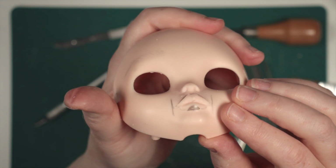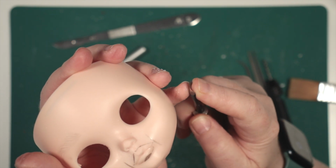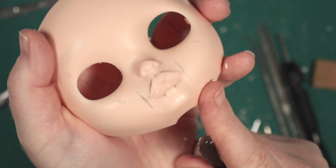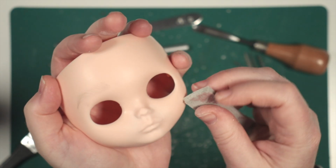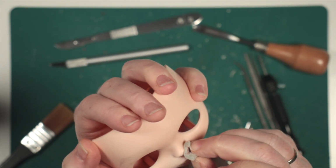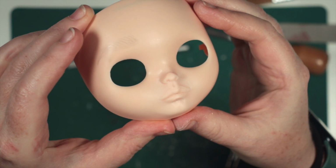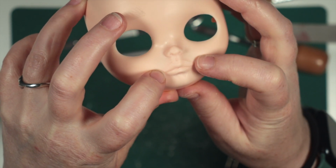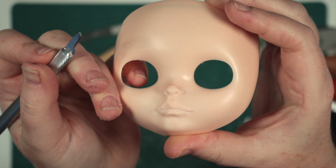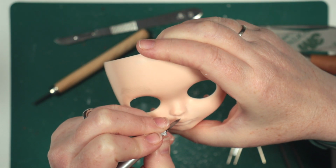Next, I use the woodworking tool again to carve material out from under the bottom lip. At this point, I gently sand the nose and mouth areas and check for symmetry and my progress. She has too much of a pouty look for me, so I'm going to deepen the outer corners of her mouth. I also use the curved scalpel blade to cut in some more definition between the lips and define the